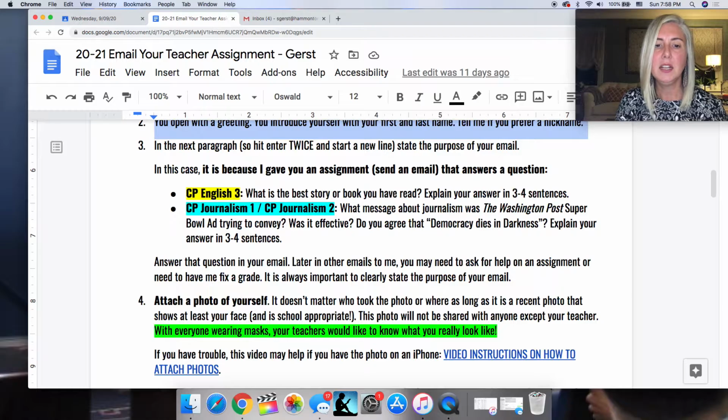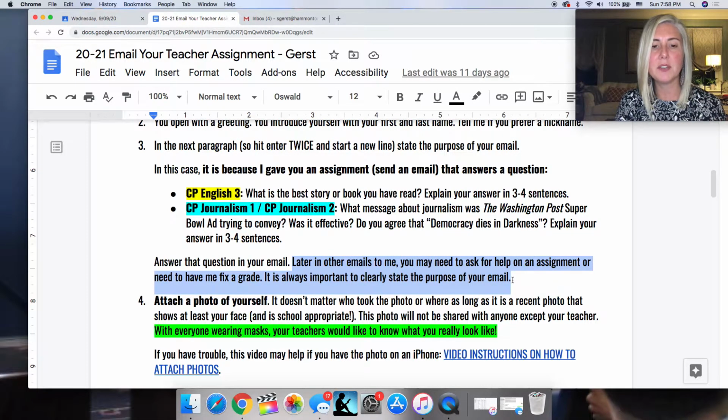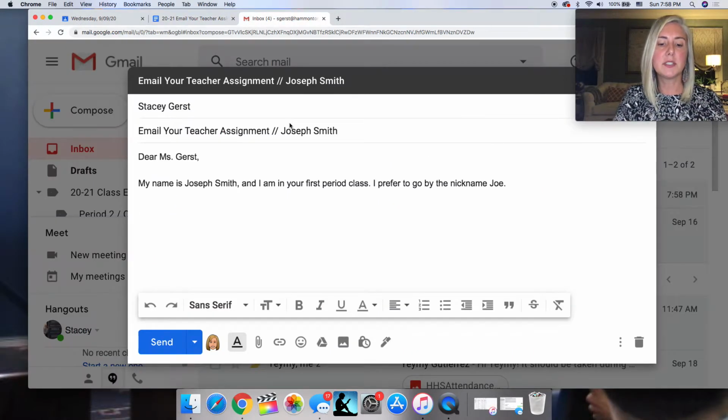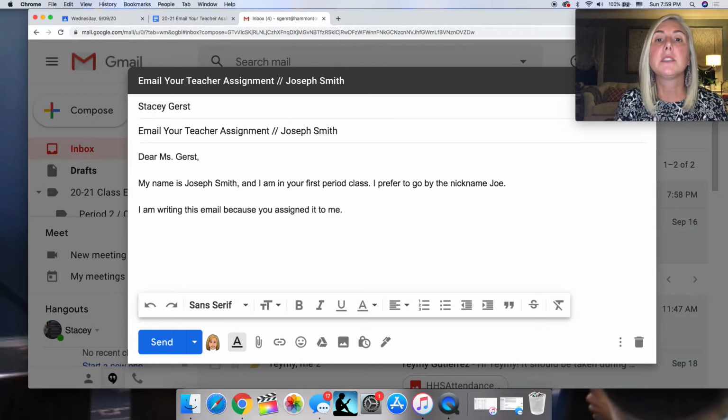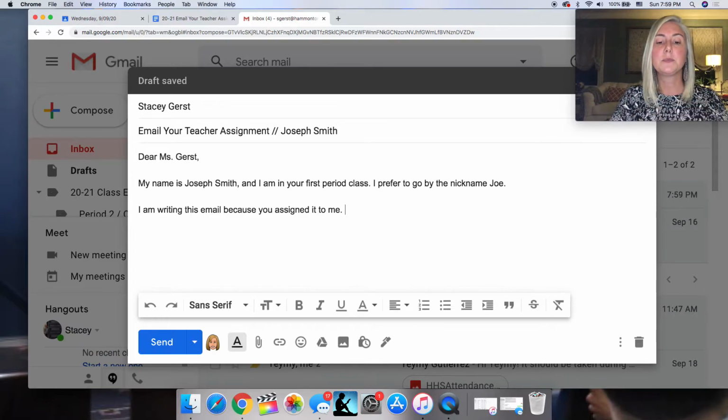And I note here that later in other emails to me, you may need to ask for help on an assignment or need to have me fix a grade. It's always important to clearly state the purpose of your email. So let's do this example. The purpose, or I can say, I am writing this email because you assigned it to me. And I'm going to answer as if I'm a student in the English class right now. The best book I have ever read